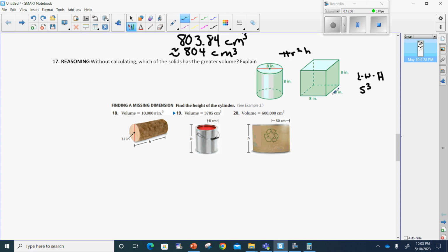Well, I know all of these are 8. I know this radius here is going to be 8, right? And then I know the height is going to be 8. So this is going to be 8 times, oh, actually, this is going to be half of it, the radius. So that's going to be 4. So this would be 4 times 4, which is 16, and 16 times 8. This is going to be 8 times 8 times 8, right? So this is actually going to be,